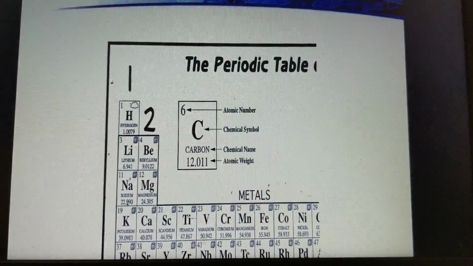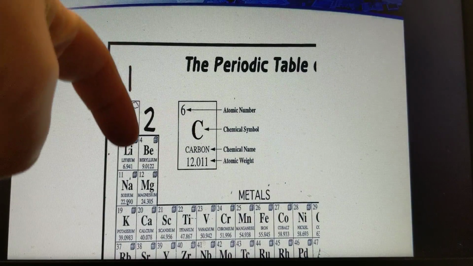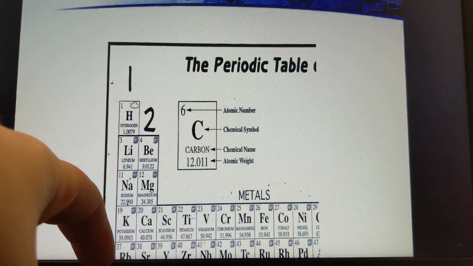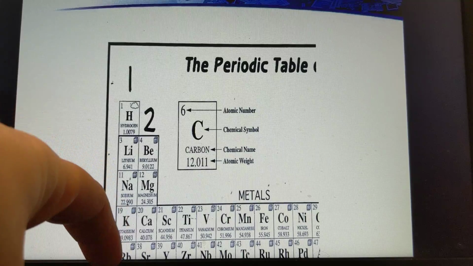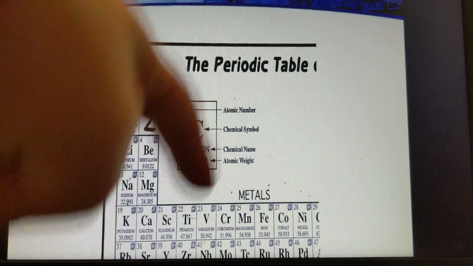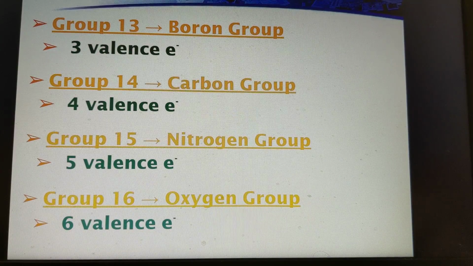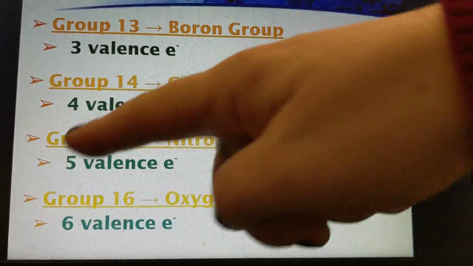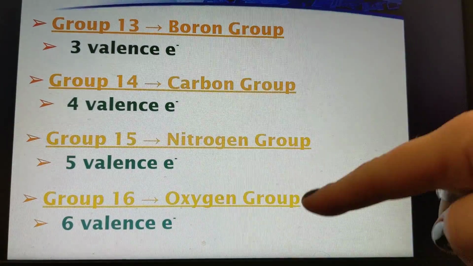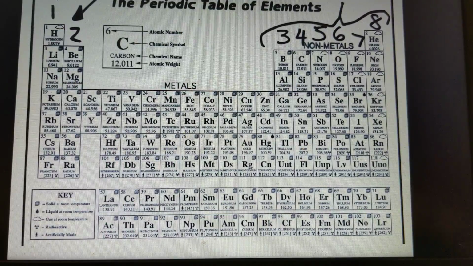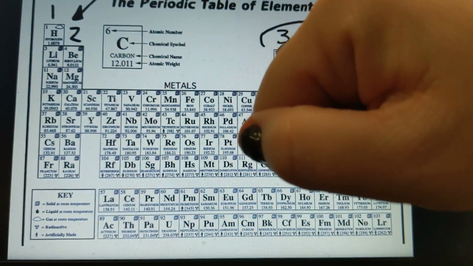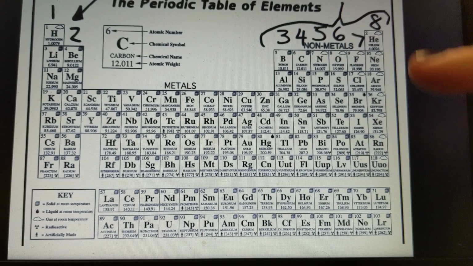And those numbers are important because they tell us how many valence electrons everything in that group has. So everything in group 1 has 1 valence electron, everything in group 2 has 2 valence electrons. We're going to skip the transition elements for 9th grade when we talk about chemical bonding, but the groups over at the end where the periodic table goes back up, those are going to become important in 9th grade chemical bonding. So if you labeled all of these, this should actually be 13, 14, 15 on yours,